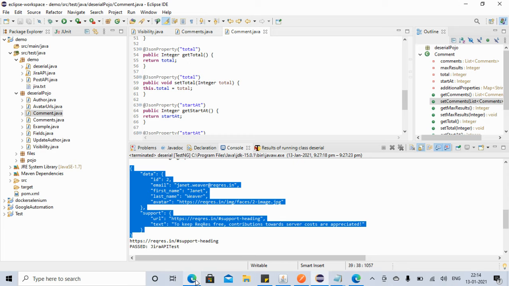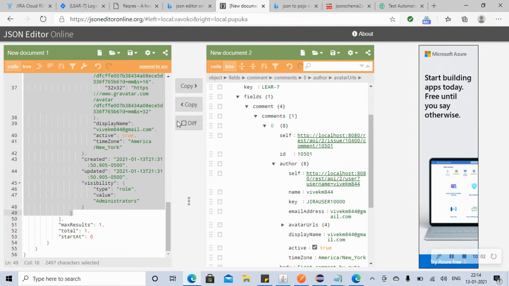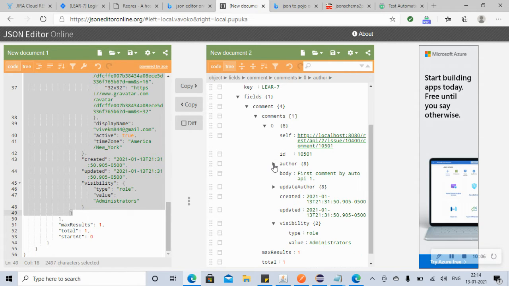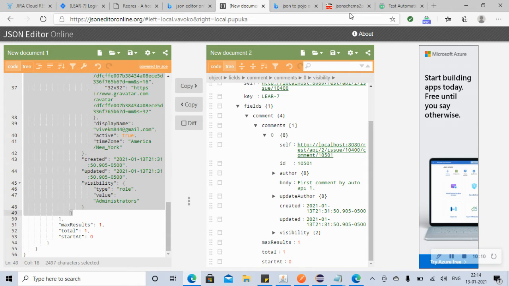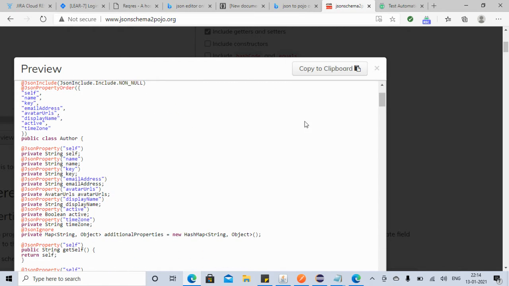So we just need this, because in this we have everything, like we have a name. If you see here, in this, what we need: self, we need id, we need author, we need body, and we need all these things. So if you go and you see the first class, we have self, name, email address, avatar urls, everything we have. If you see the types, you can just see it here: string, then avatar urls, display name, and all those things we have here.